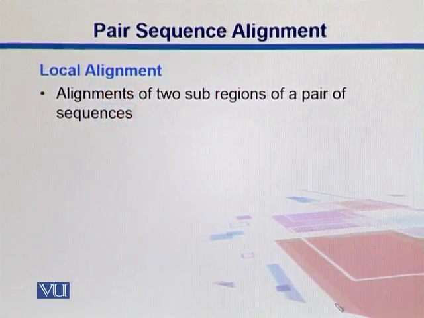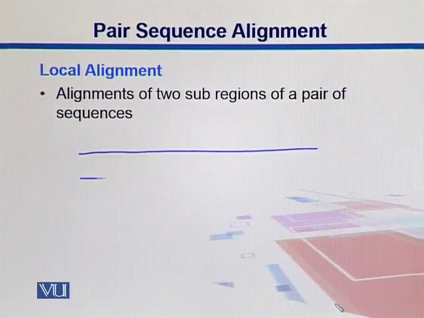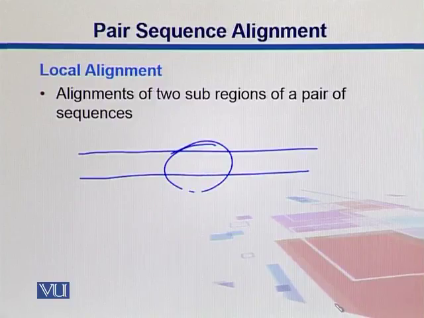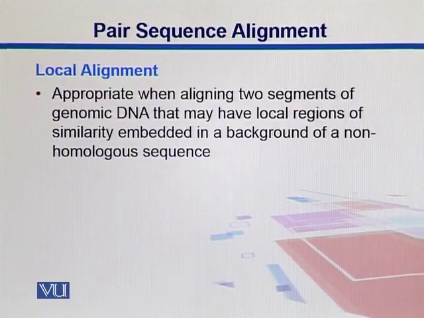Here is how I can elaborate it again for you guys. Here is the alignment of 2 subregions. These 2 sequences align here, don't align here, align here, no alignment here. This kind of arrangement is called a local alignment. Local alignment is appropriate when aligning 2 segments of DNA that may have local regions of similarity embedded in a